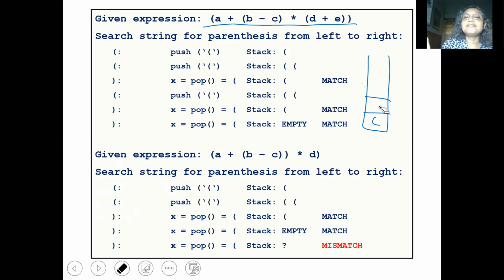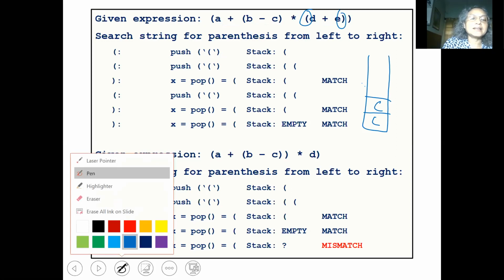Then we get another left bracket, so we push it into the stack. We get another left bracket, we push it into the stack. Then we get a right bracket, we pop from the stack.